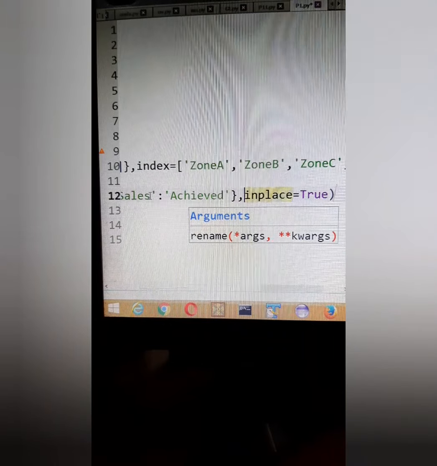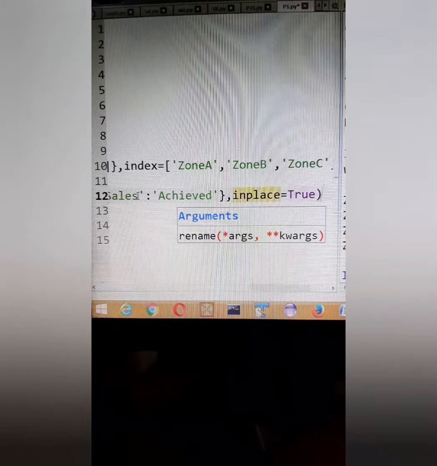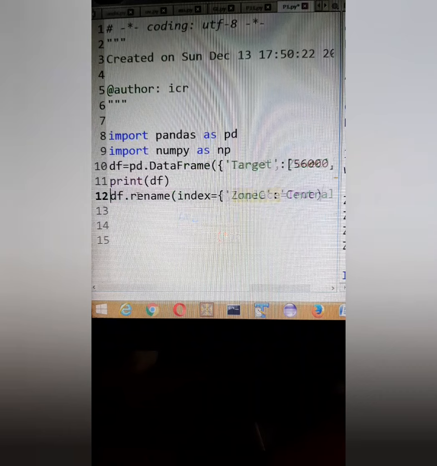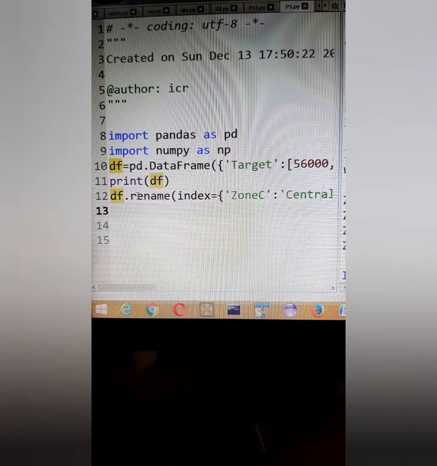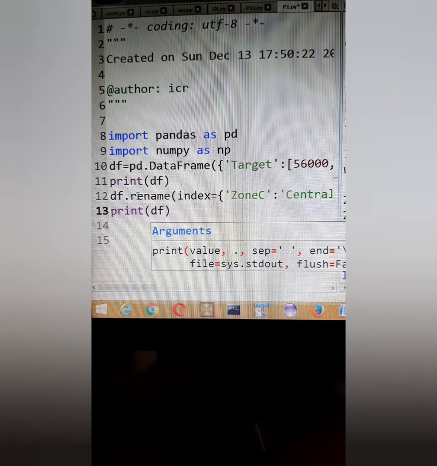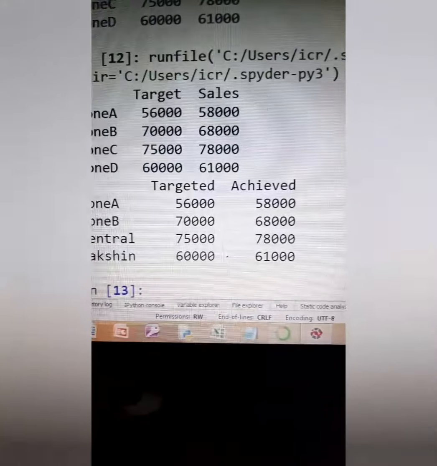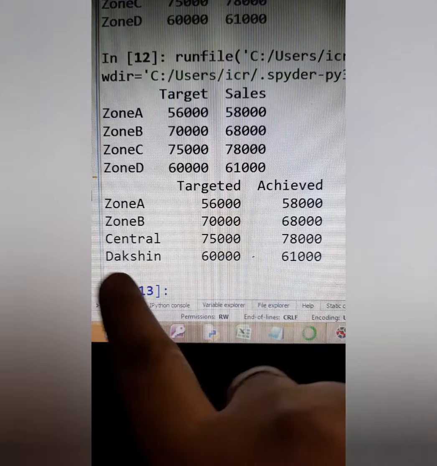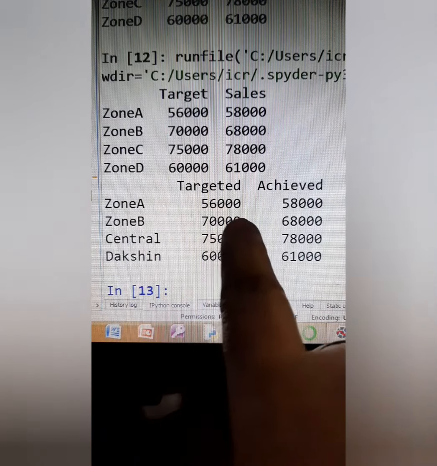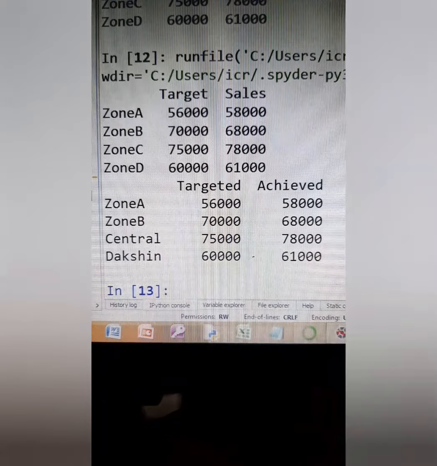So I have given in the same rename function both the indexes to be changed and the columns to be changed. And let's print our data frame. So we have changed zone C, zone D to Central and Dakshin, and the column names have been changed from target and sales to targeted and achieved using the rename function.